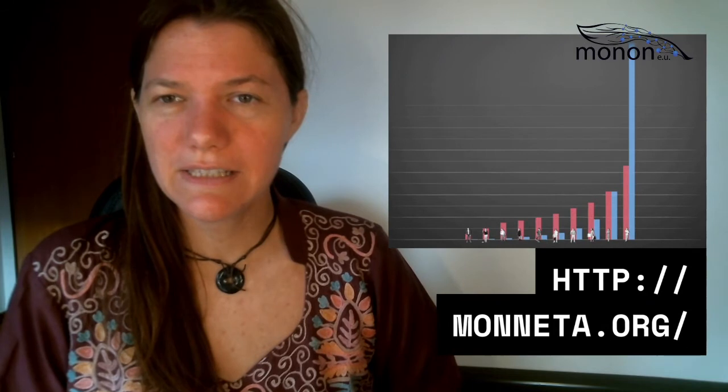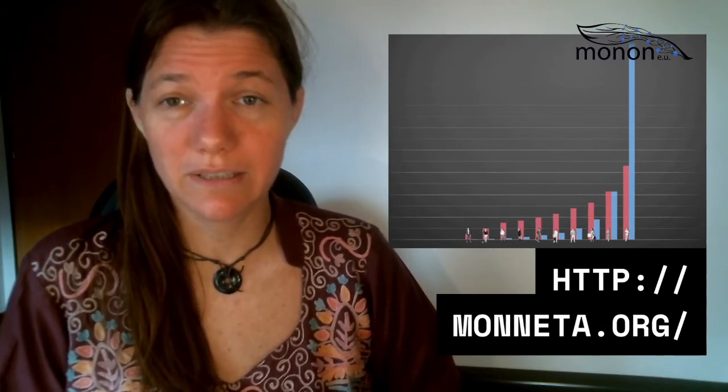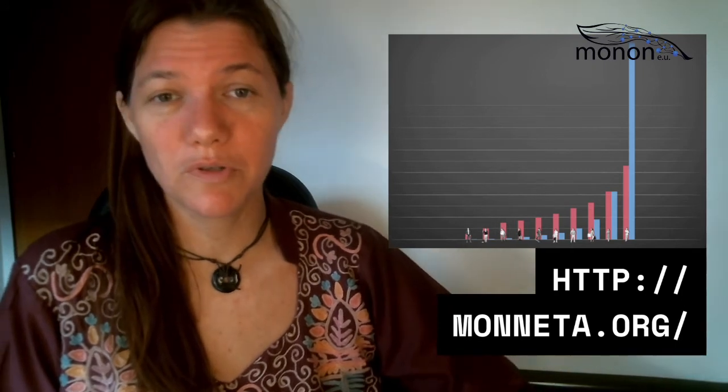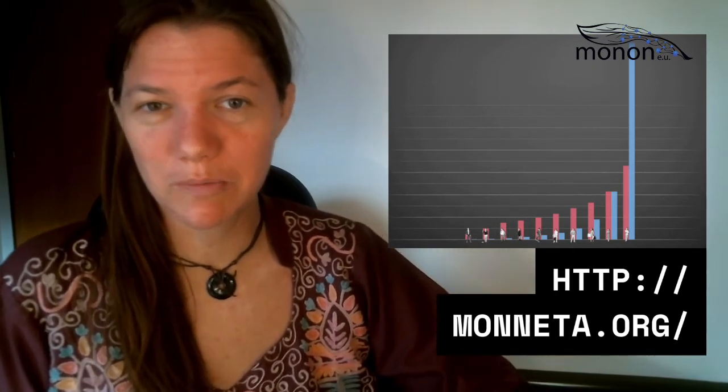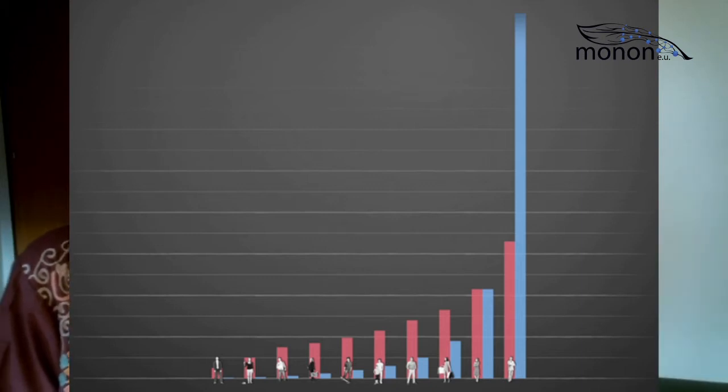So let's look at this now. What does this mean for individuals in our society? And thanks to moneta.org for these beautiful drawings, which are so nice for explaining this. So we have split up our society by income segments. We have made 10 income segments, from the lowest earners on the left-hand side to the highest earners on the right-hand side. And the lowest earner, for the sake of simplification, let's say he or she earns 1,000